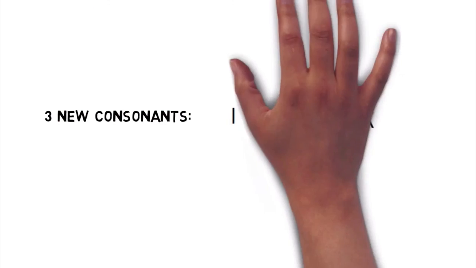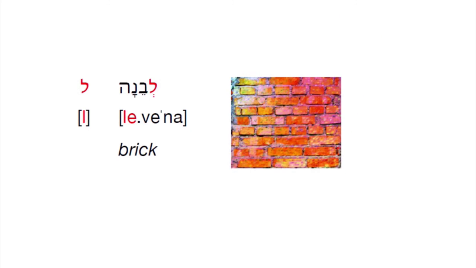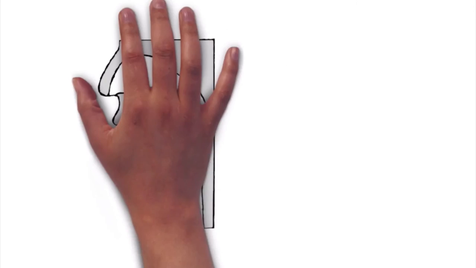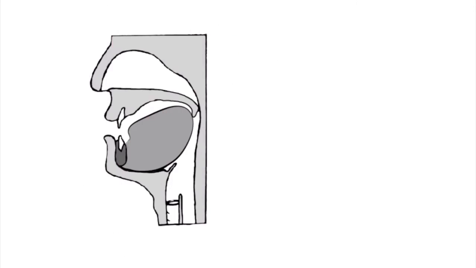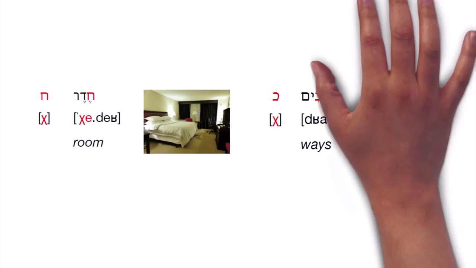Finally, we covered 3 new sounds. There was Hebrew's L, as in levena. This was an L formed using only the front of your tongue. Then 2 consonants made with the back of your tongue against your uvula. This is a few millimeters behind where you pronounce G. There was the Hebrew R, as in ramzor. And in that same spot without your vocal cords active, there was Ch, as in cheder